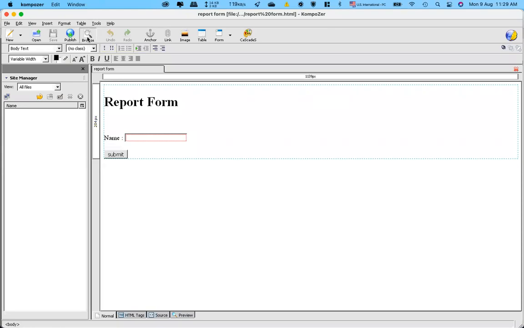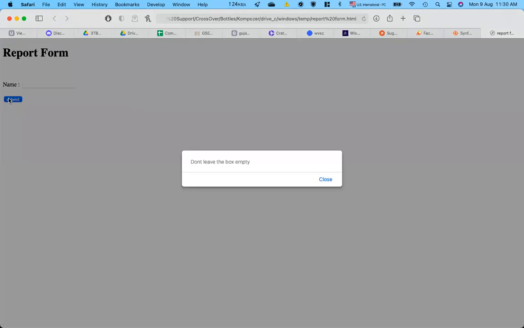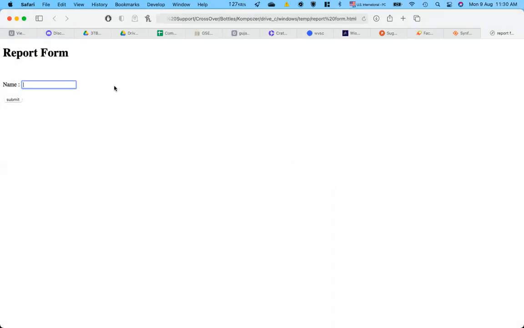So this form, which is a feedback report form, has only one field right now. I can validate that and see whether it is working properly or not. A user is supposed to enter the name here, and if he doesn't enter the name and directly tries to submit the form, we have to give him a message. The user will now come to know that he has made an error and is not able to proceed. He will click on the close button, and this box is directly in focus. There is a blue color around the box, so he can write whatever he wants to give and then click on submit.